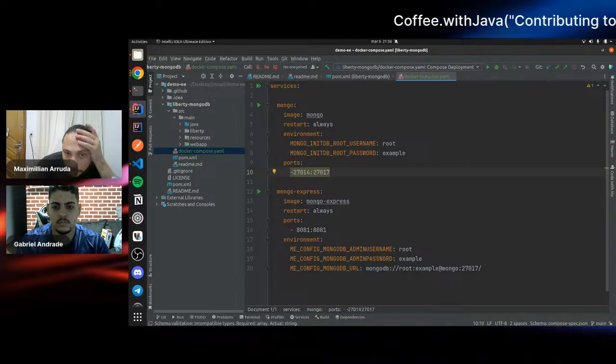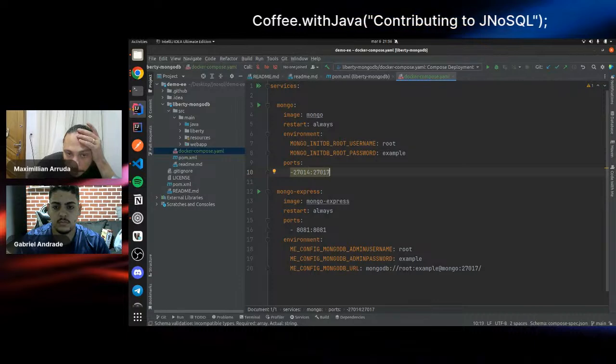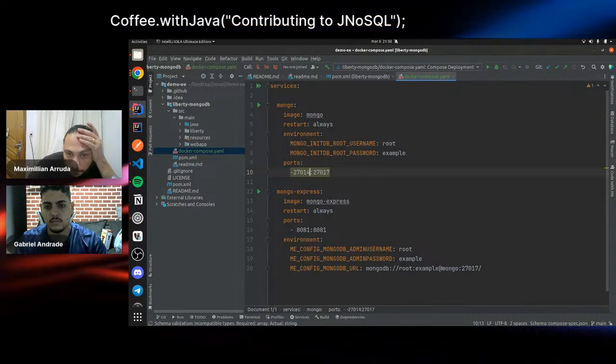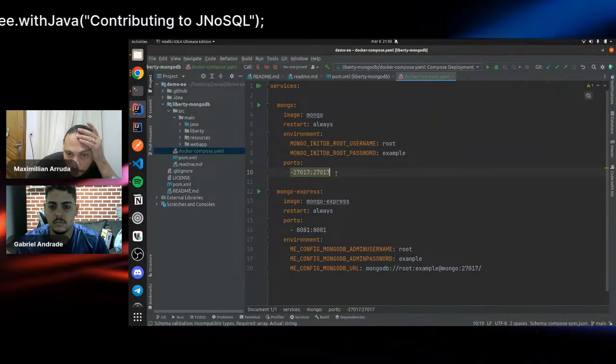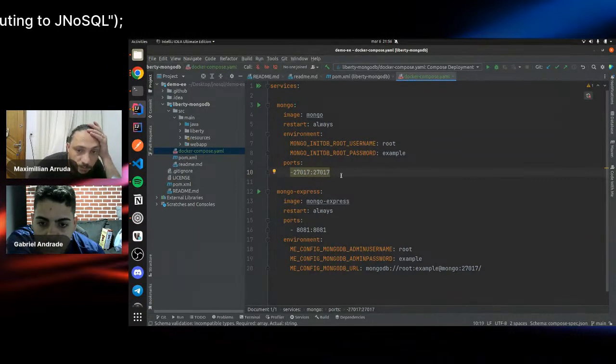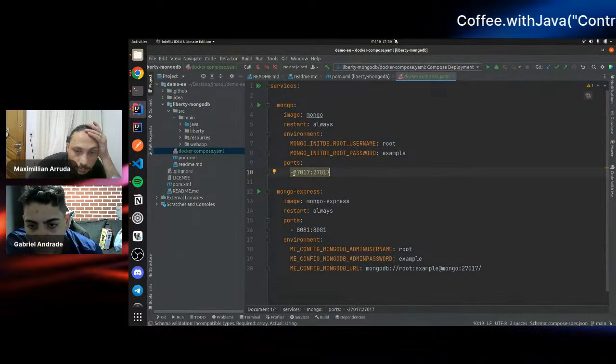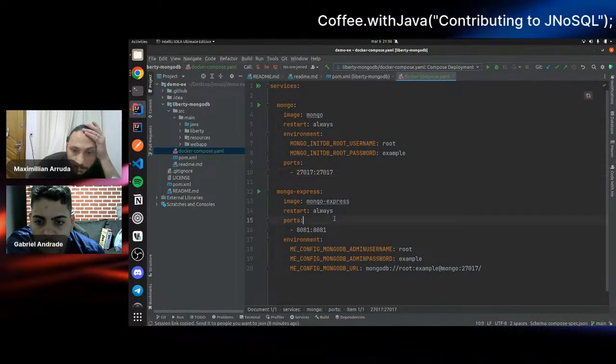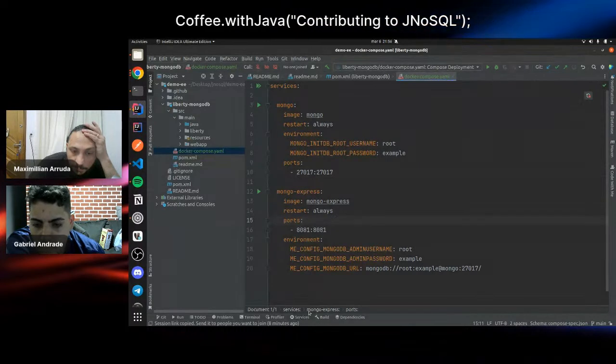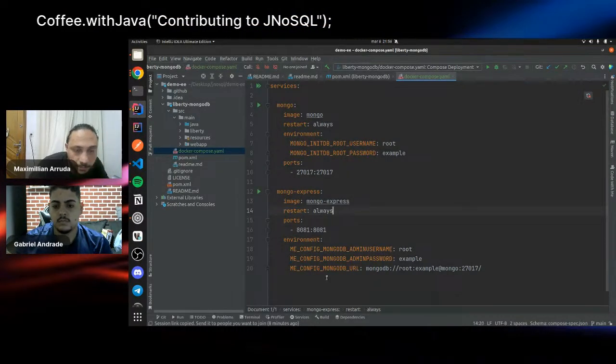No, you are typing the wrong port, man. And you need to put a space after the dash. Yeah. Save it.